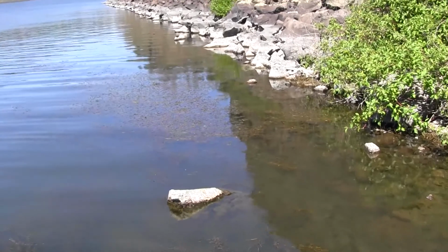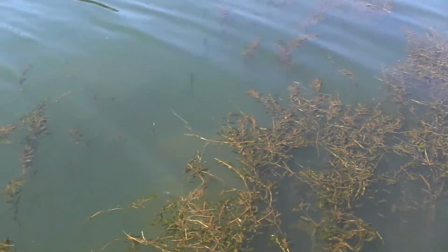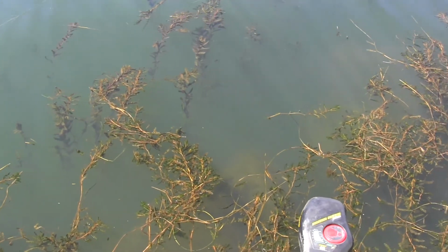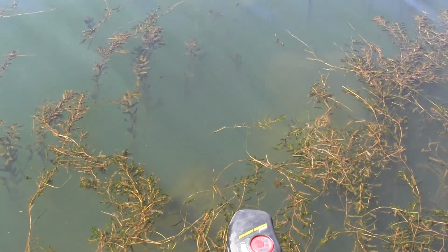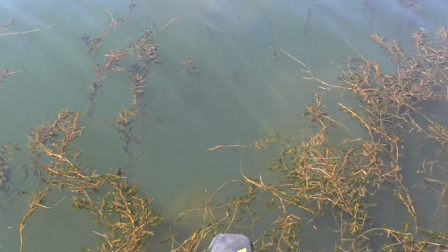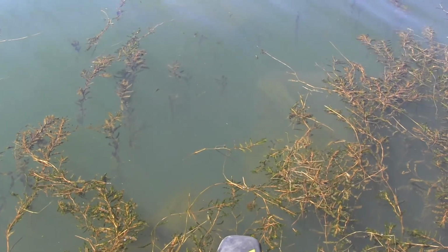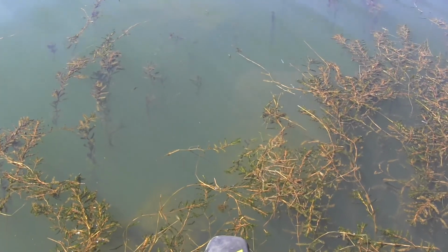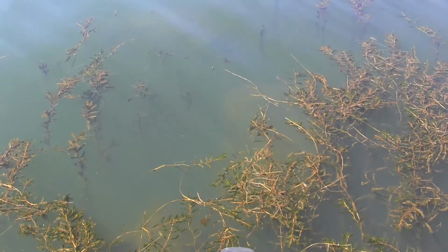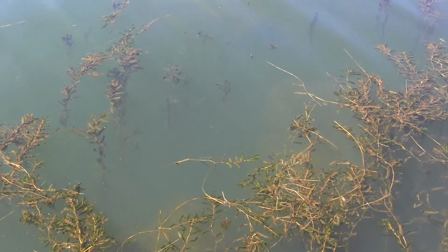As you guys can see, it's just a rocky shoreline with some vegetation here, and the thing that I like to do is I look for vegetation like this, but what you're really doing is you're looking for spots, just like this big hole here that you're looking at. It's surrounded by vegetation, there's rocks, and it's a really great place for a largemouth to set up and spawn, because three quarters of the bed is protected from rocks and weeds, and so she really only has to concentrate on protecting one side